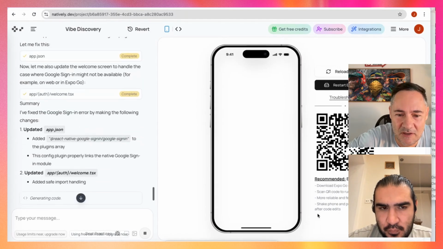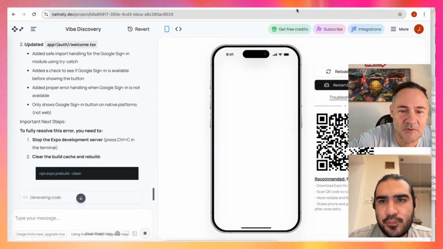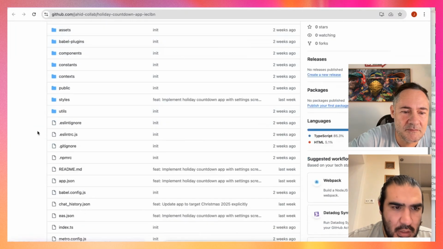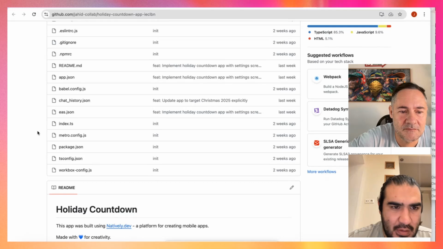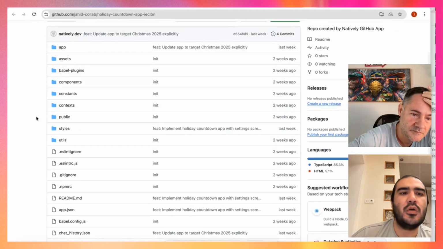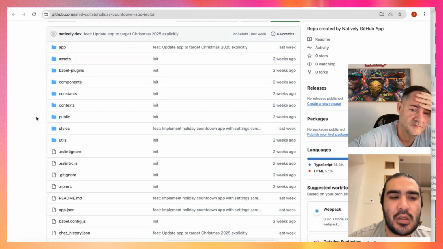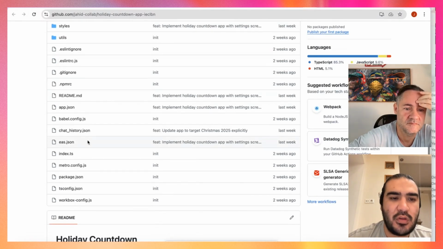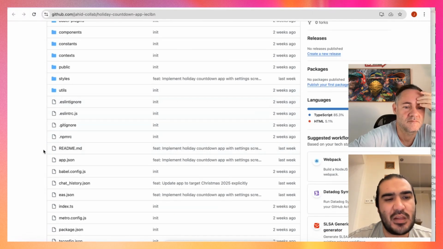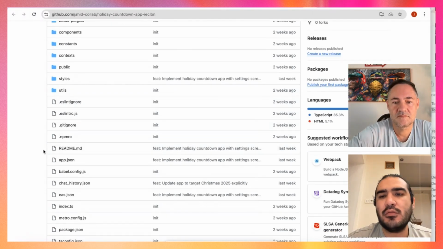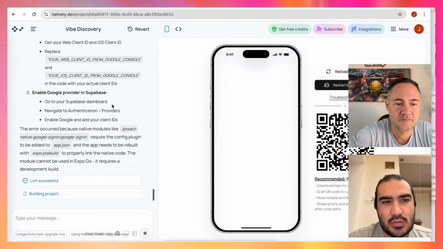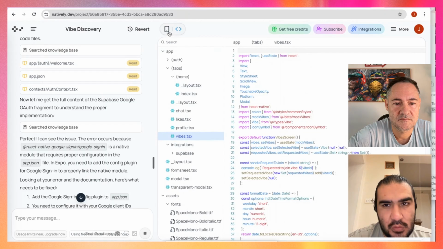I'm not sure in your application what gets pushed to GitHub, if it's just the front end. No, it actually pushes up the backend as well, the backend and the front end. Because you can launch the app locally, and you need the backend for that. So it pushes all of them. That's why some platforms kind of lock you in with the code. You cannot move the code somewhere else. But here you can actually move the code. So we're not locked in.